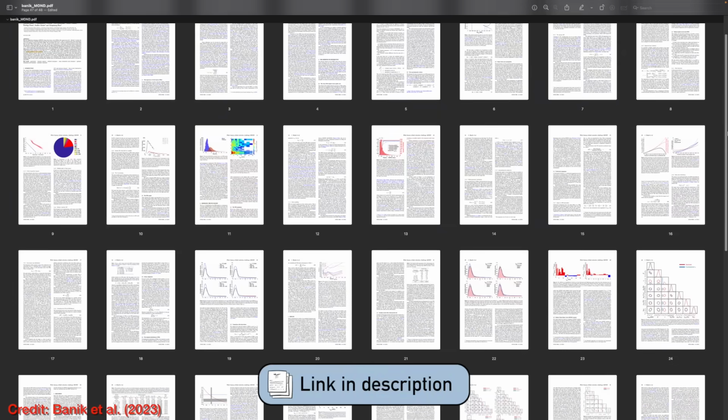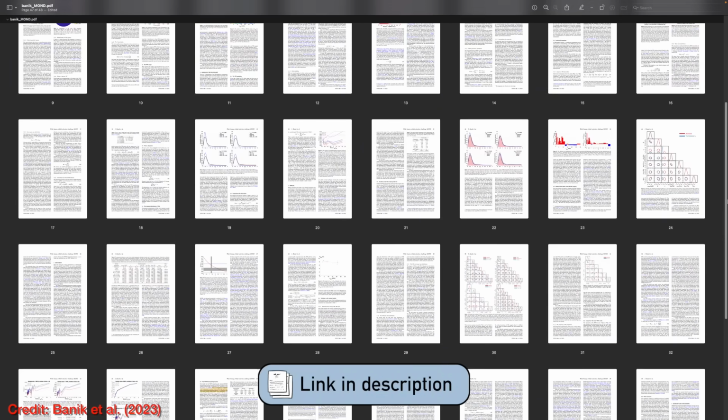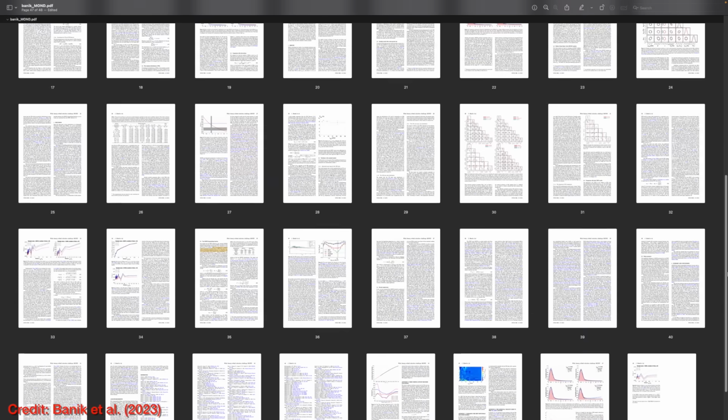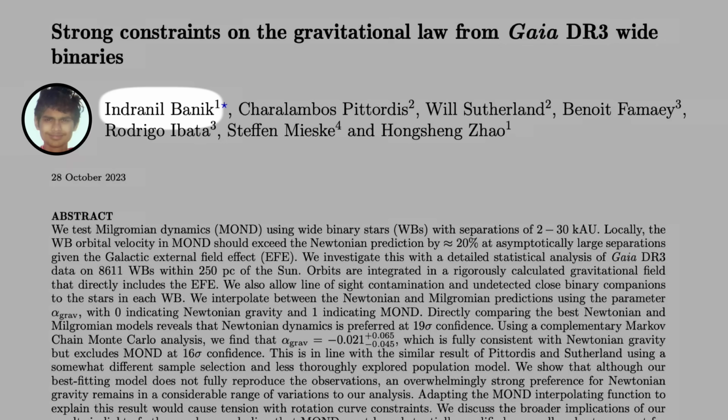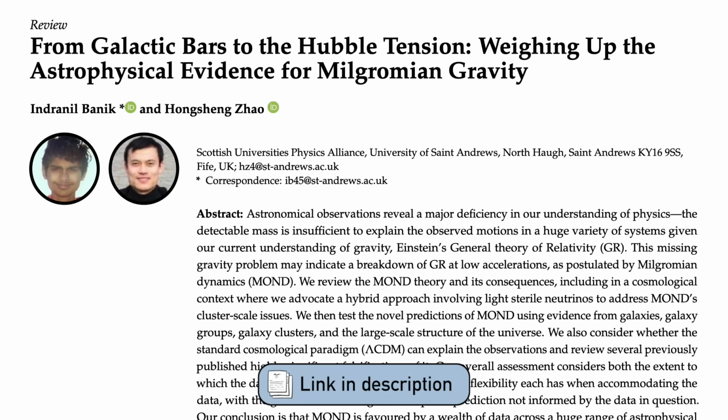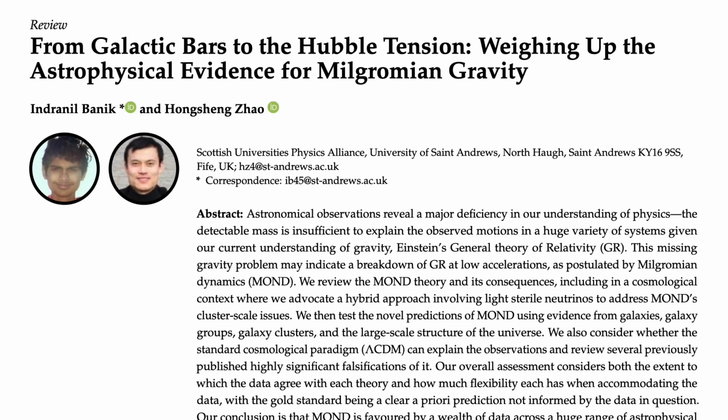So personally, I believe the results presented by Banik and collaborators over the results presented by Chae. The method is more rigorous, the data is more reliable because of all the quality cuts, and every single question I had was answered in the 45 pages of this research paper. It's very thorough. And it has to be. The first author of this paper is Banik, one of the biggest supporters of MOND for a long time, who literally just last year wrote the book on all the evidence for MOND. If he's now first author of a paper that rules out MOND to that level of significance, it does have to have all of the detail.